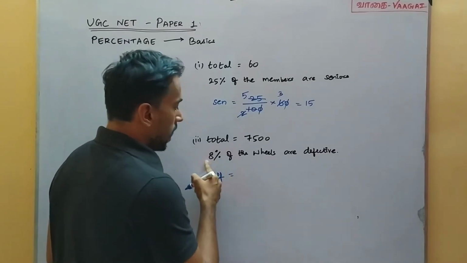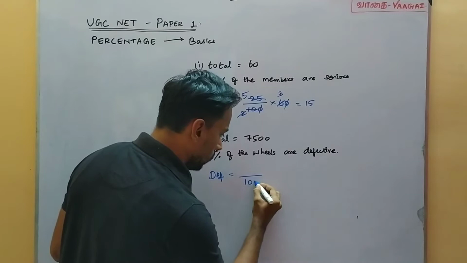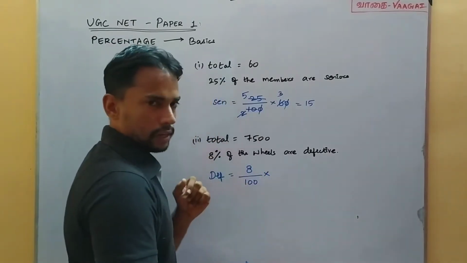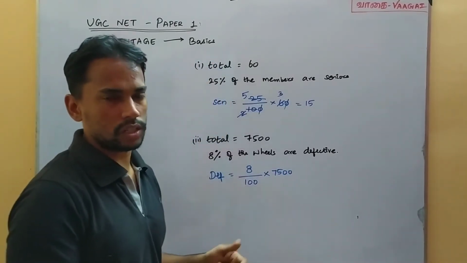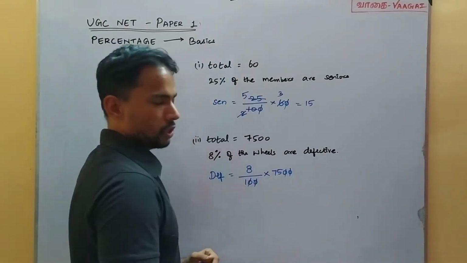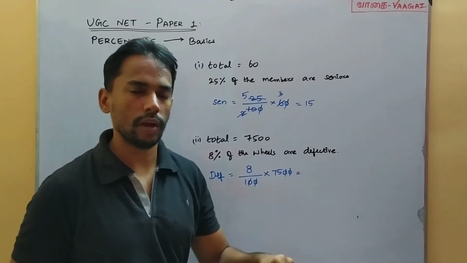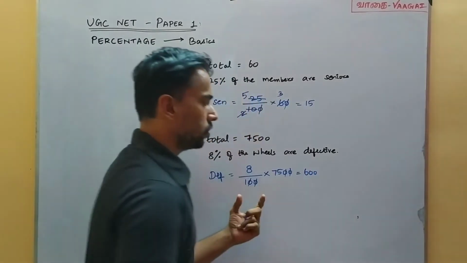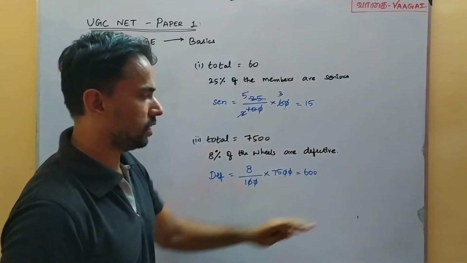So 8% are defective, that is what is given. So out of 100, 8 is defective, of what number? Make a multiplication with 7,500. When we complete this calculation, we can get the answer very easily. We just cancel the 0 0 and 0 0 here. So we will have 75 into 8, which will give us the answer 600. When you make a separate calculation, you will get the answer like this.